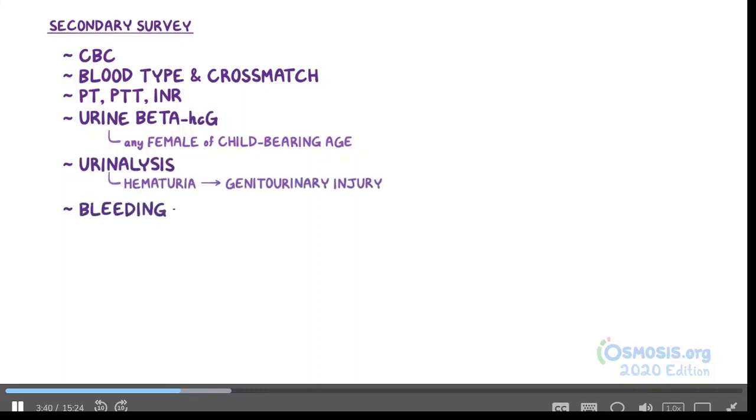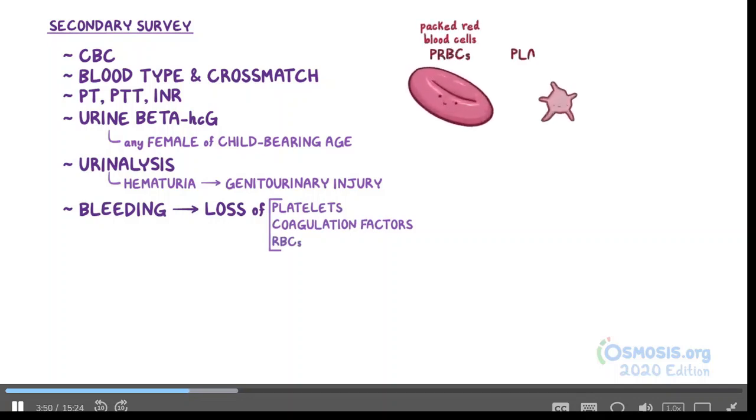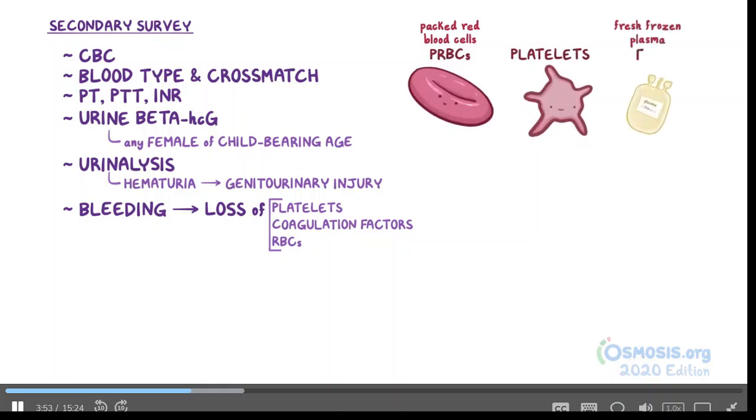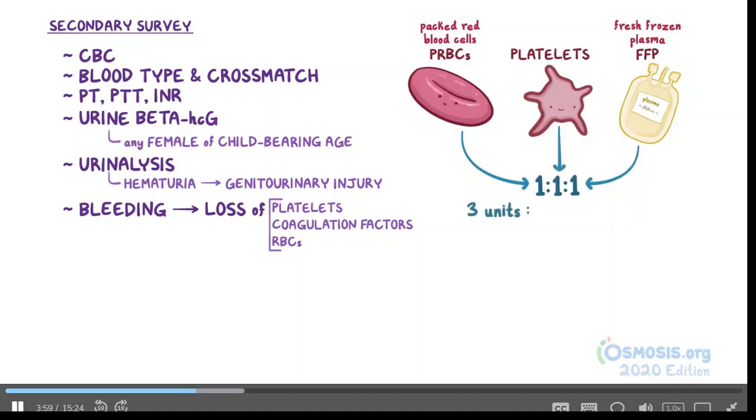And because bleeding from trauma causes a loss of platelets and coagulation factors, in addition to a loss of red blood cells, it's important to replace them all. So, packed red blood cells, or PRBCs, platelets, and fresh frozen plasma, or FFP, are all given in a 1:1:1 ratio. In other words, if you're giving 3 units of PRBCs, you'll also give 3 units of platelets and 3